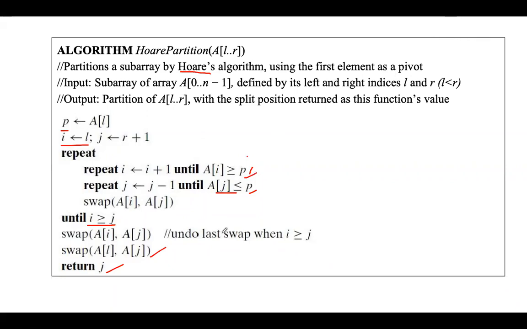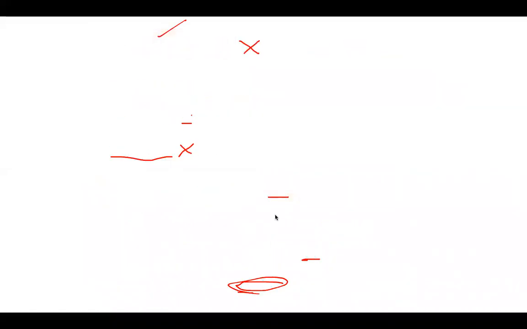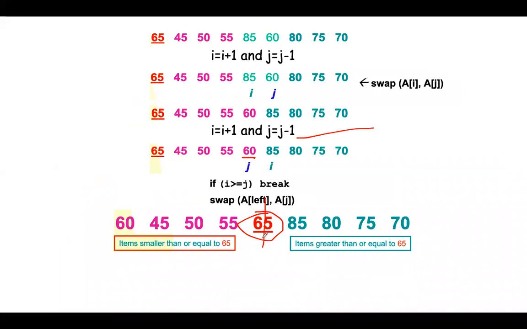It will return the index of the place where the array has to be divided. Okay, the partitioning index. Is it clear? See, I said the first pass is over here. First pass is over means it will return the j value. A of j you have swapped with the pivot element, so 65 has come here to the jth location. So it is returning the j value, the index from where you have to divide the array into two parts.